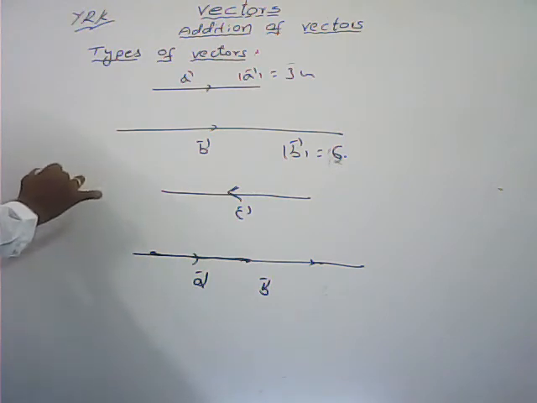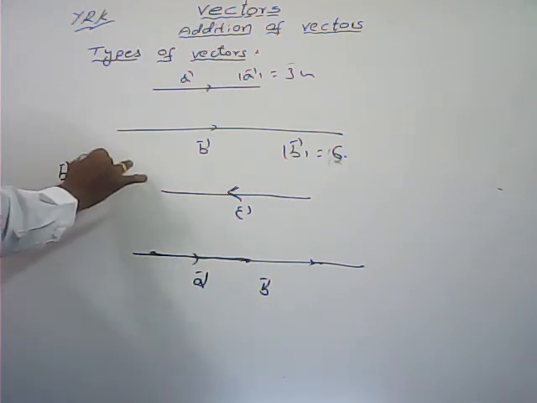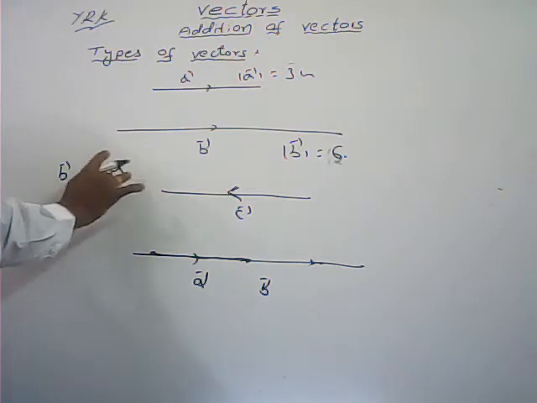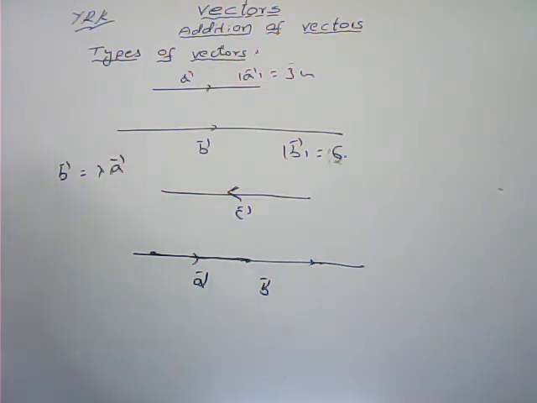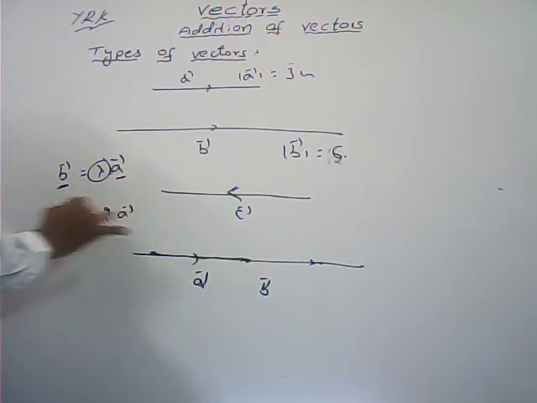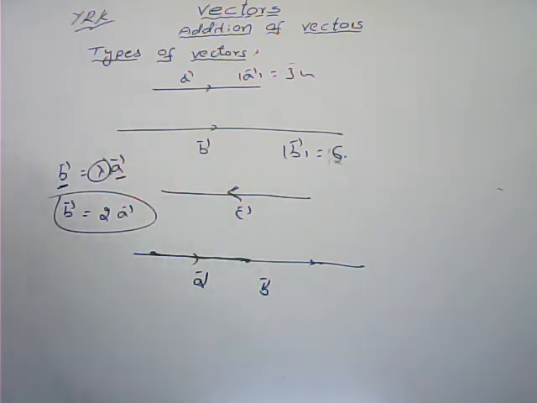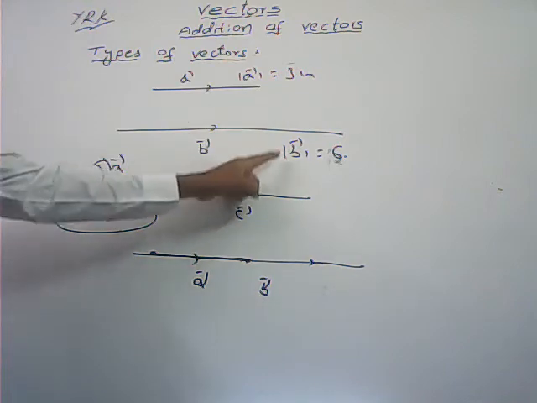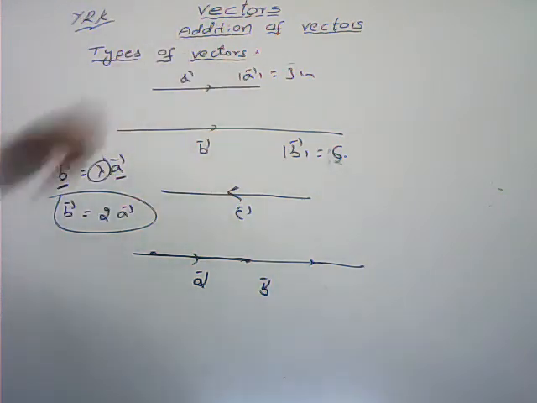Here we can express one vector in terms of another vector by multiplying with a scalar lambda. Lambda belongs to any real value. B bar is equal to lambda A bar. If two vectors are either collinear or parallel, then we can express one vector in terms of another one by multiplying with a scalar lambda. So here we can write B bar equal to 2 times A bar. Why? Because these two are parallel vectors. By observing these magnitudes, B bar has magnitude 6, and A bar is 3. If it is multiplied by 2, then we can get B bar only.